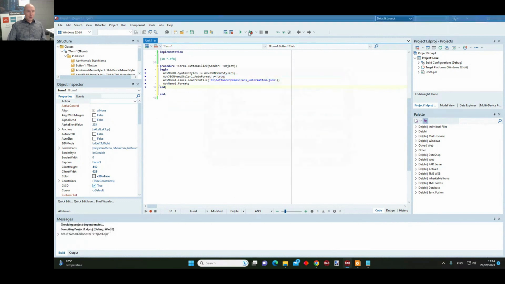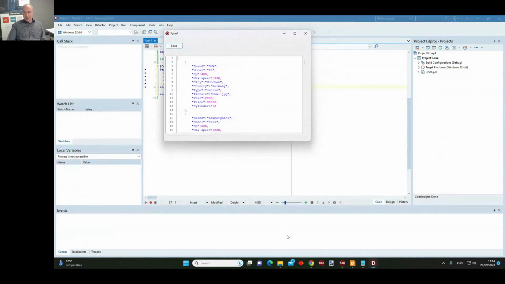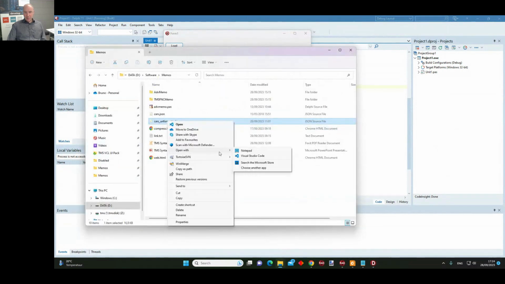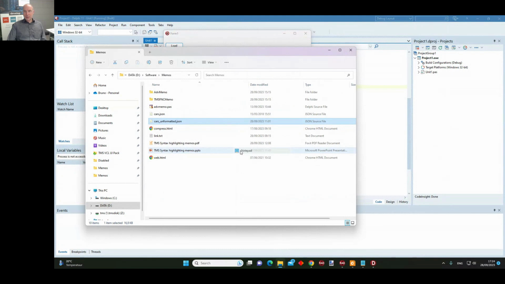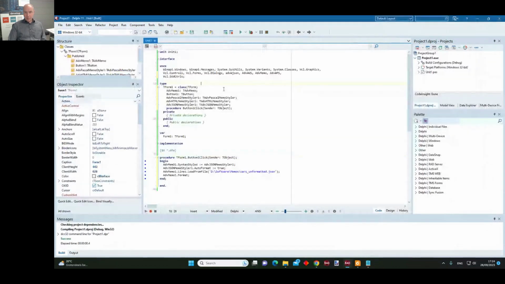And let's see what happens. And here is our normally unformatted JSON. This file, sorry, it's this file. You can see that it is rendered nicely readable as this JSON in the ADV memo. So that also belongs to the possibilities of the ADV memo.